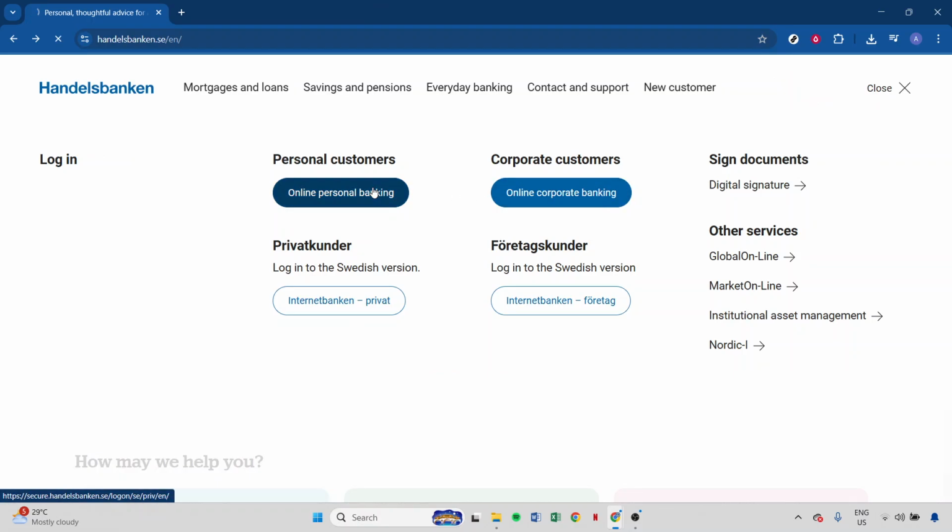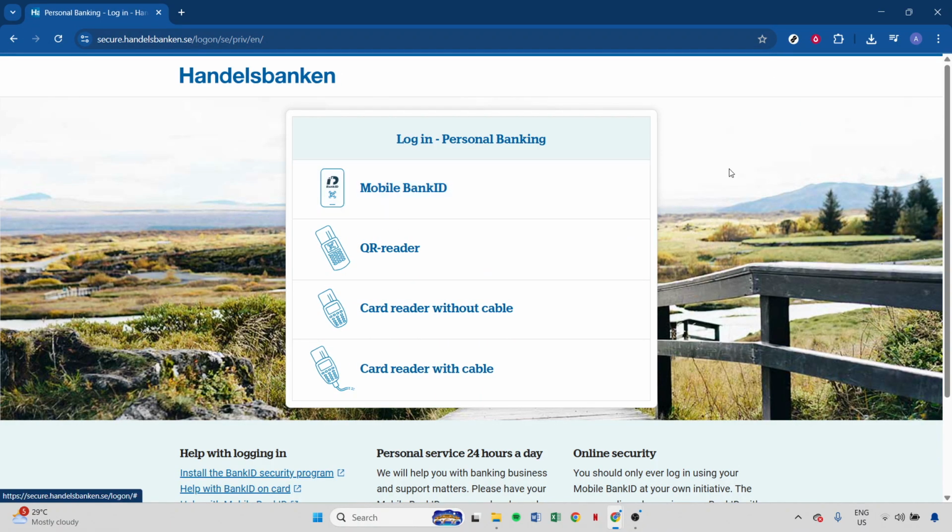Now, it's time to decide on your preferred login method. Handelsbanken offers you three convenient methods: the cable-connected card reader with a logon card, the card reader without a cable, which utilizes one-time codes, or the QR reader method. Each method is secure and straightforward, but it's essential to choose the one that suits you best and that you